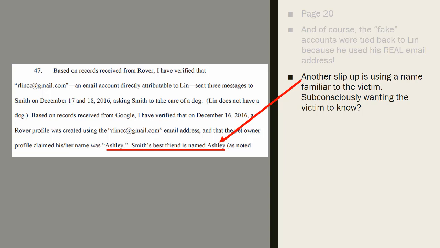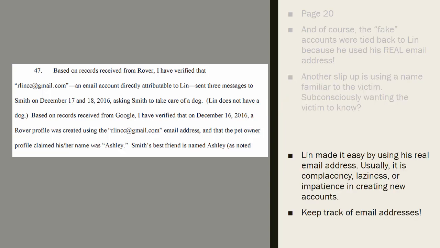But in this case, when you have the best friend as Ashley, and it's been noted before in the case, and Ashley's been somehow connected earlier, then that's pretty obvious that most likely it's going to be your suspect. So he made it easy by using his real email address.